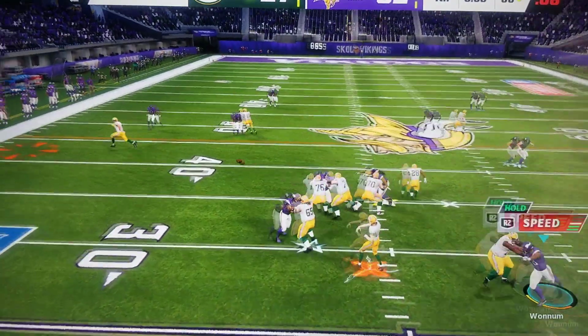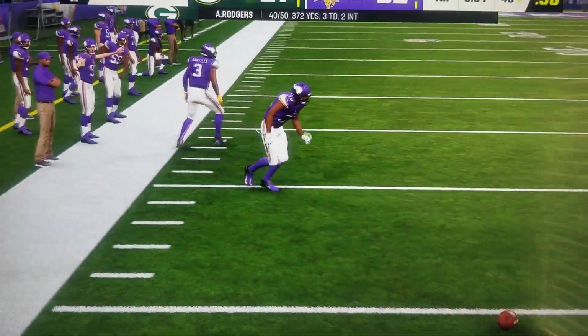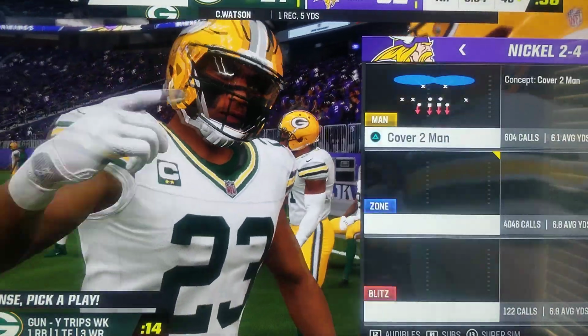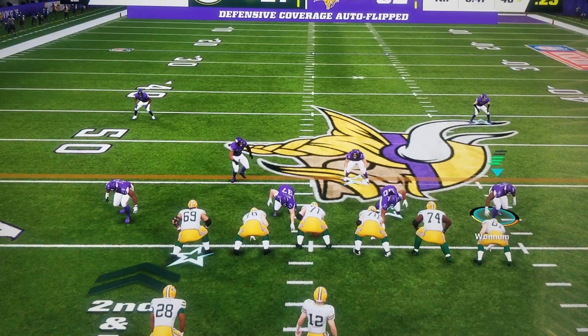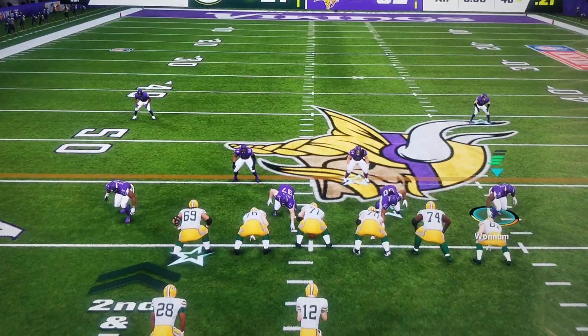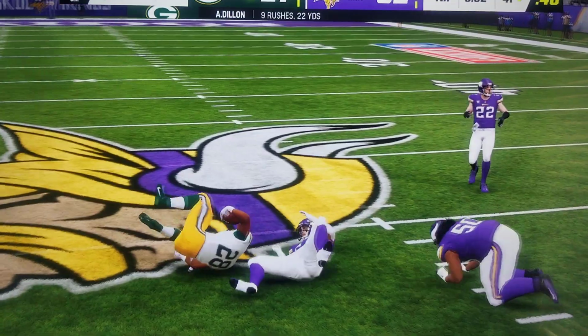Rodgers now to throw. He has it complete to Christian Watson. And he'll go out of bounds, it looks like, right at the 40. So give him 5 yards there on the pitch and catch. And it'll be 2nd down. They go draw play. It's Dillon. And slow going there as the